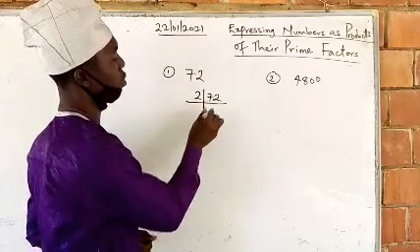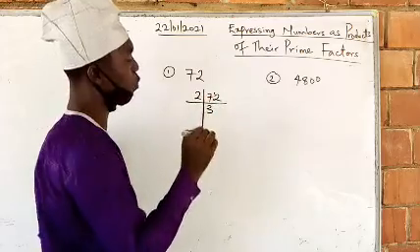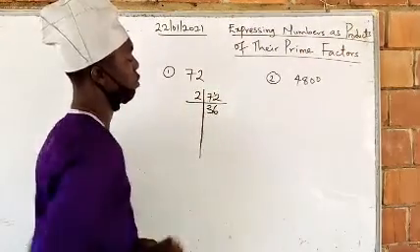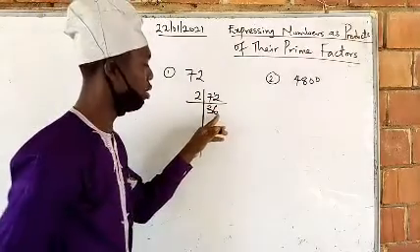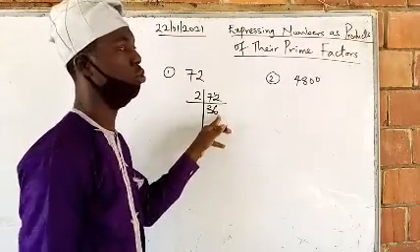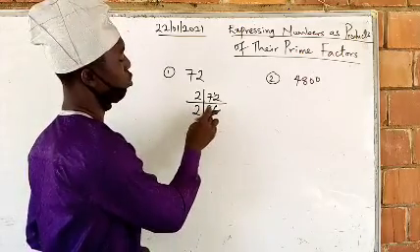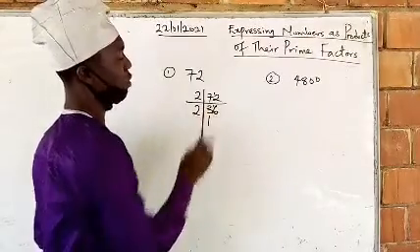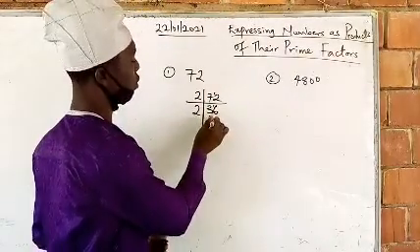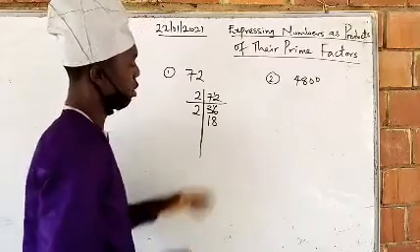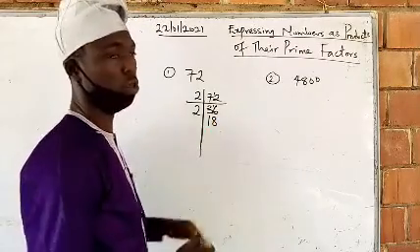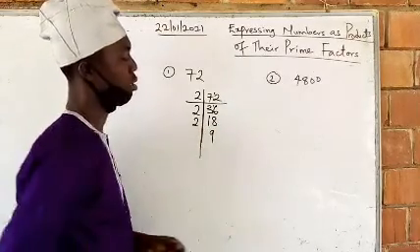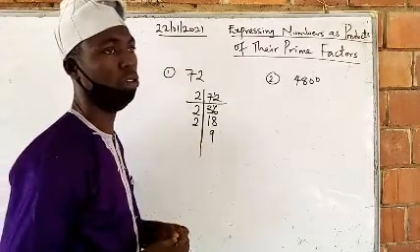2 in 7 is 3 with a remainder of 1. So this 1 and 2 now, that is 12. 2 in 12, 6. We have 36. Because the last digit is even, we can still use 2 again. 2 goes in 3, 1, remainder 1. Then 1 and 6, that is 16. 2 in 16, 8. The last digit here is still even, so we can still use 2. 2 in 18 is 9. Now we have an odd number, which is no longer divisible by